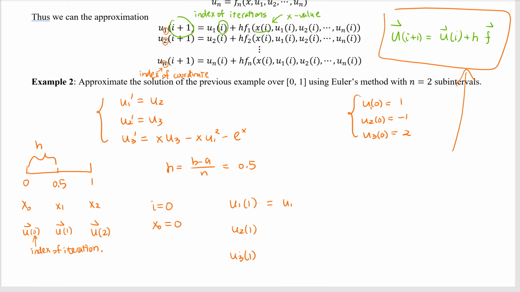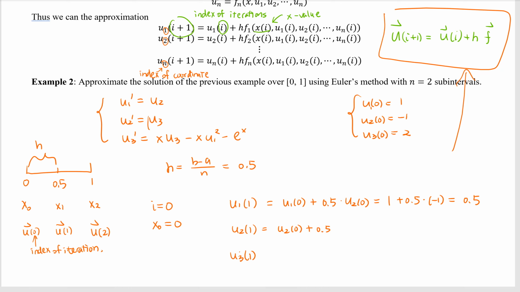It is u1 of 0 plus h, h is 0.5, times f, and f is u2 of 0. So far so good. u1 of 0 is 1, u2 of 0 is minus 1. So we get 1 minus 0.5 is 0.5. So far so good. Okay, next we have u2 of 0 plus 0.5